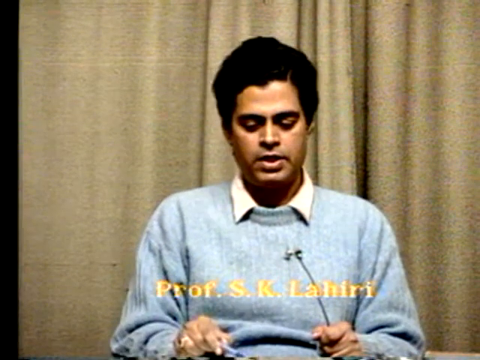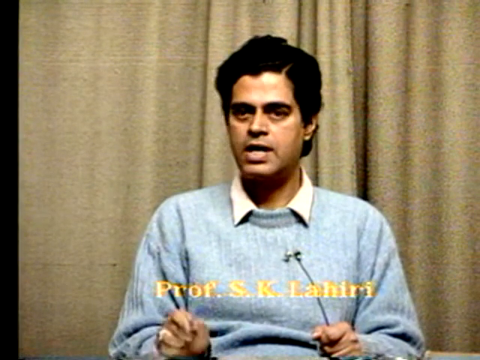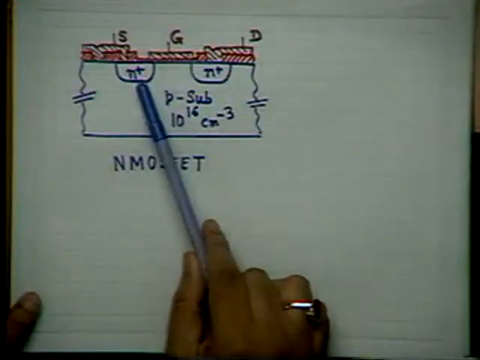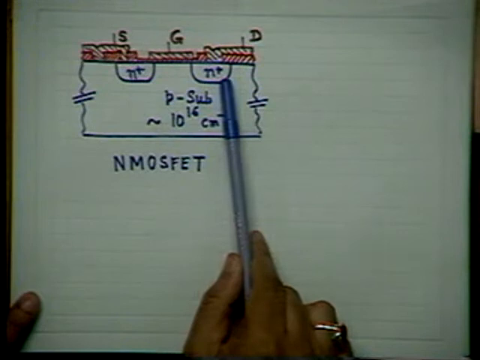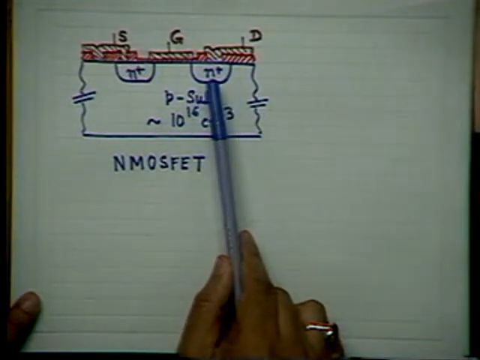Here, at least apparently, we find the structure is much simpler than that of a bipolar transistor. There are two diffusions, as somebody was pointing out in the beginning. So far as the technology is concerned, it is simpler. There are two diffusions, and today, of course, they are substituted by ion implantation. Okay, and then the only